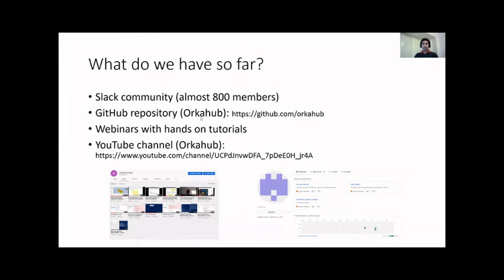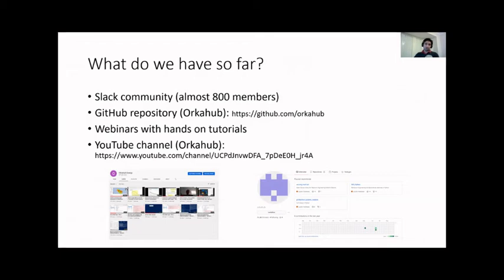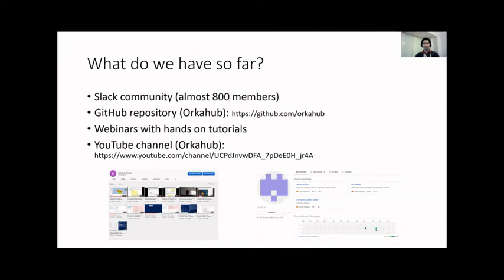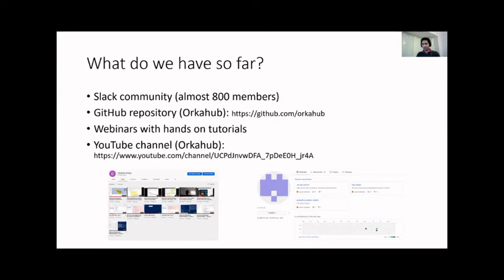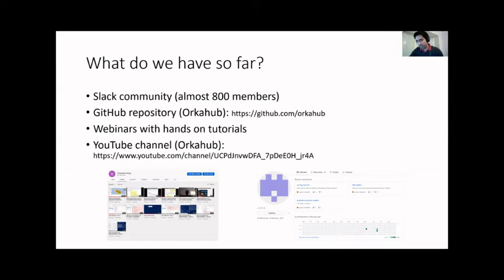We also have a GitHub repository where we are slowly building a series of Python, let's say, not only tutorials, but also libraries. And the idea is that as we progress, we have more libraries that we can share. At the moment, we have some libraries for material balance. We have one for production system analysis, and we are building one for decline curve analysis. But the idea is not that I'm the only one contributing to this library, but to create a community that builds around those libraries.